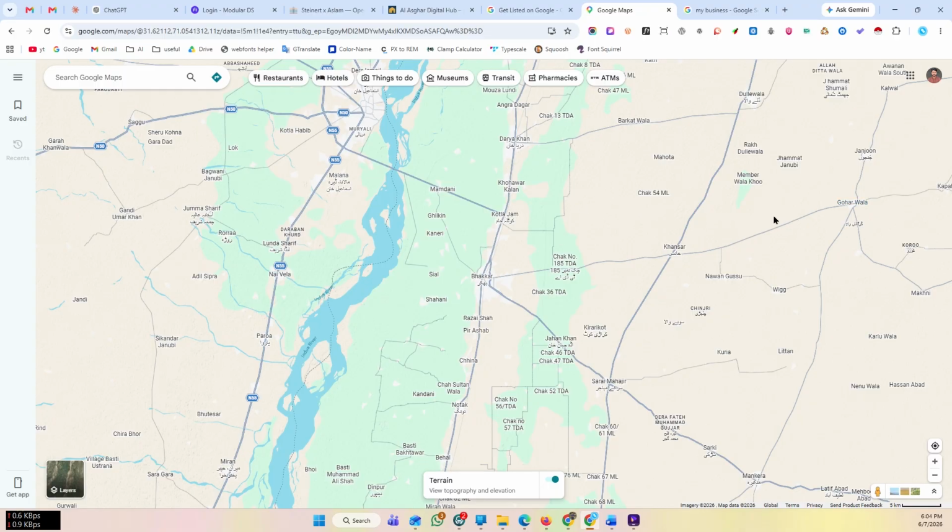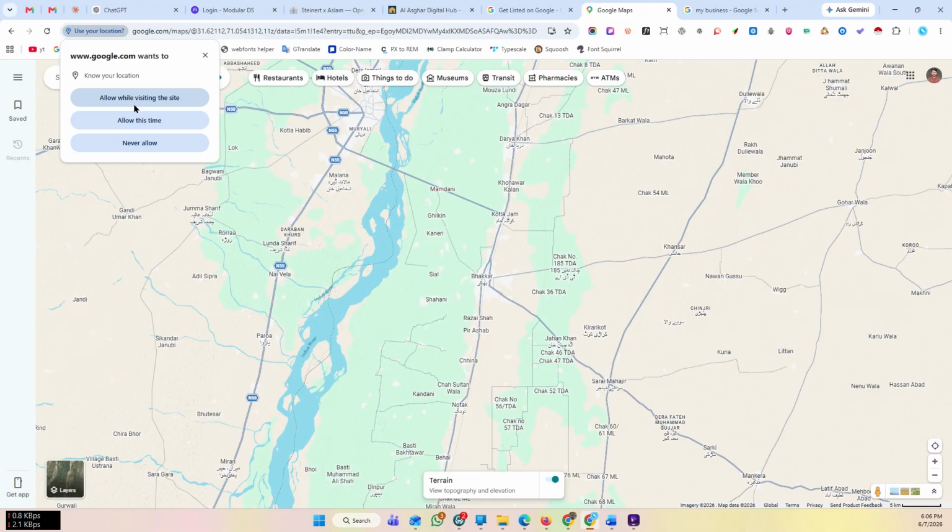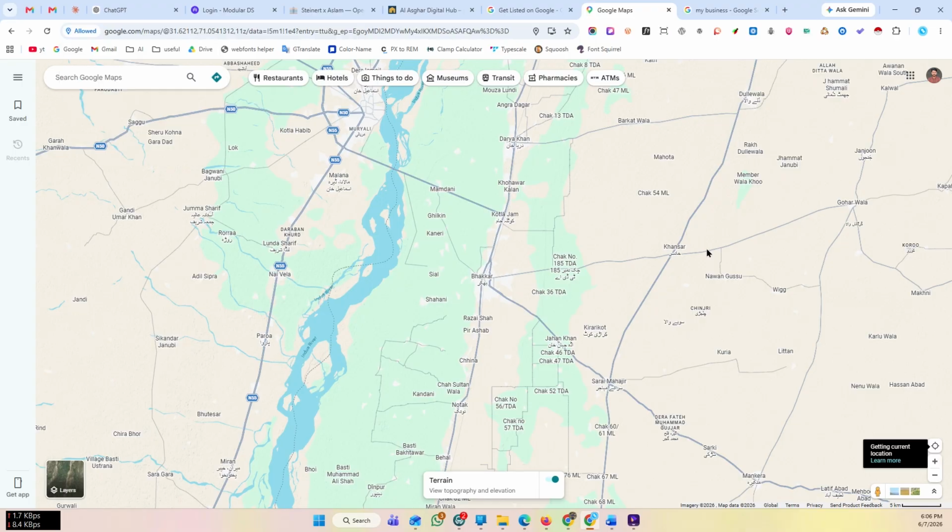The process is the same. If you are on a mobile phone, you simply have to open your Google Maps app and you will land on the same Google Maps screen. Now on this page, you need to find your business location. In case you are in your office, you can simply click on this dot icon which says show your location. Then it will ask you to allow permission to access your location, and once you allow it, it will detect the location where you are sitting right now.